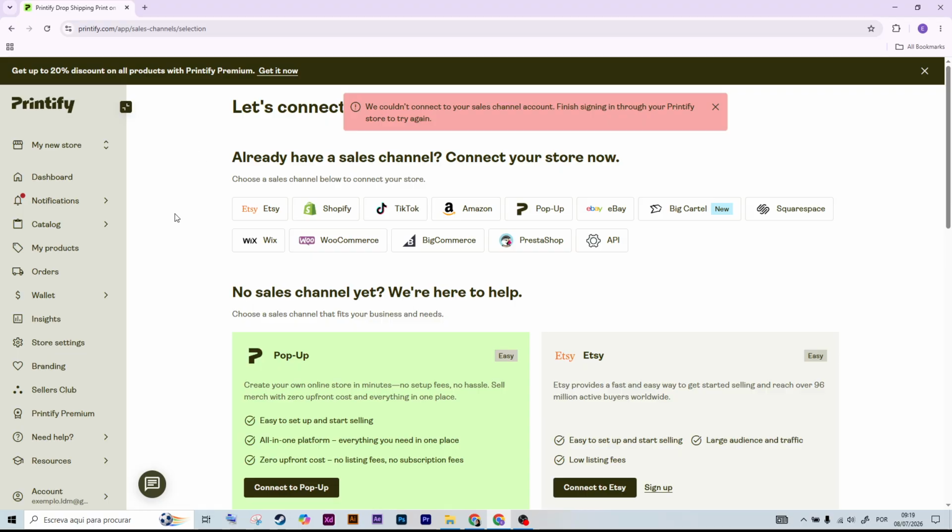Next, click Catalog and choose the product you want to sell. After that, customize the product by uploading your design, selecting colors, sizes, and your preferred print provider. Now click Save Product, review the title, description, pricing, and shipping settings, then click Publish to send the product to